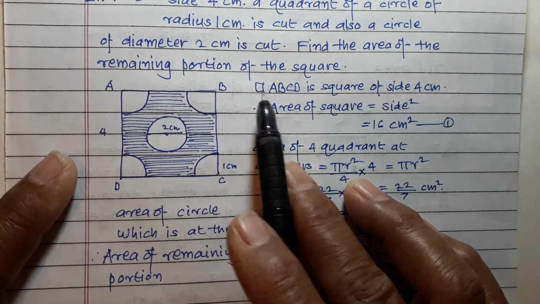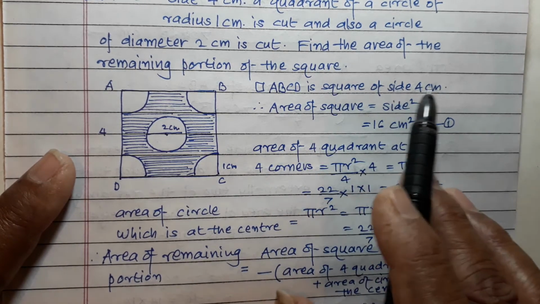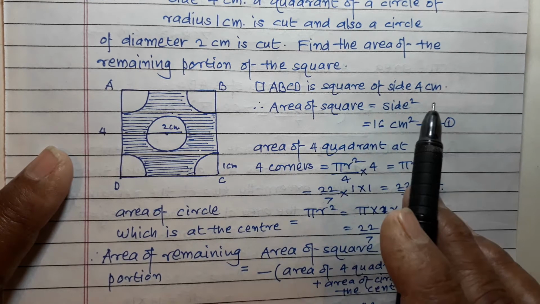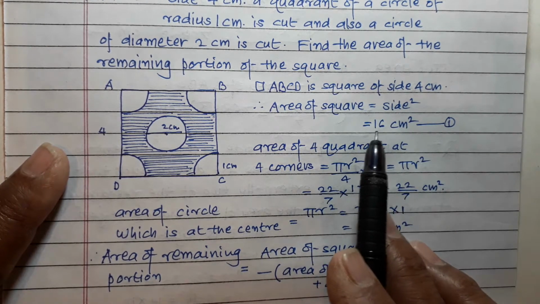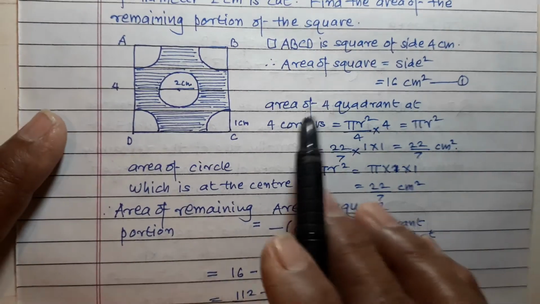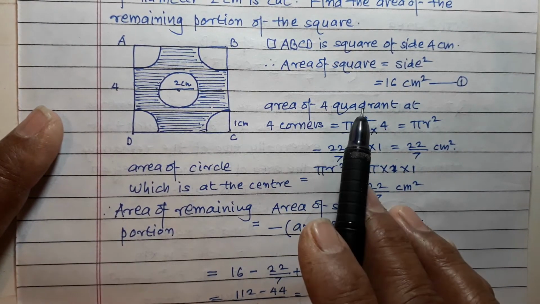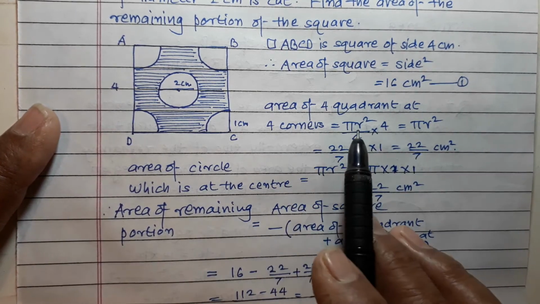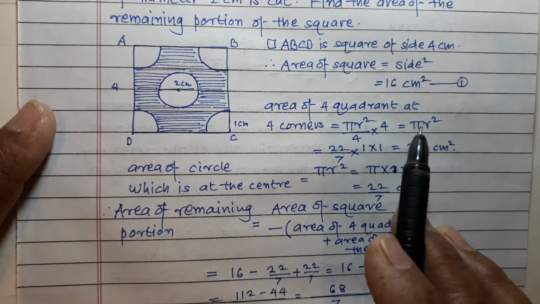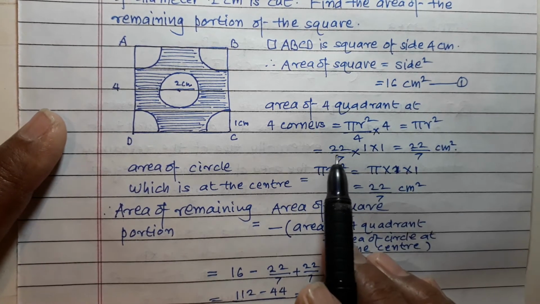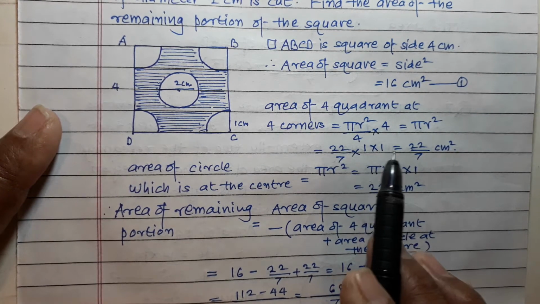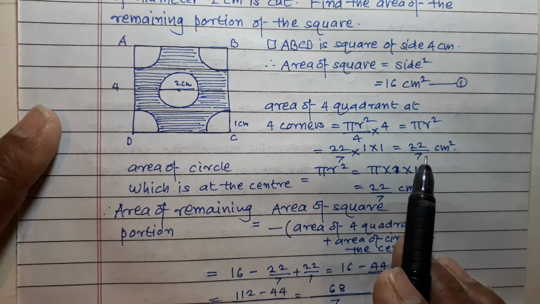Area of quadrilateral ABCD: ABCD is a square of side 4 cm, and therefore area of square is equal to side squared, which is 16 cm square. Then area of 4 quadrants at 4 corners is equal to pi r square upon 4 into 4, which is pi r square, equal to 22 upon 7 into 1, which is 22 upon 7